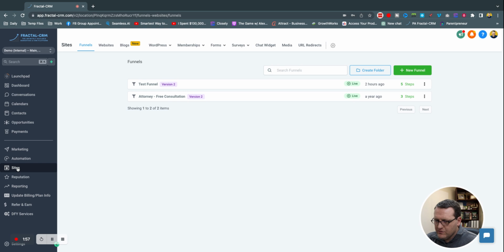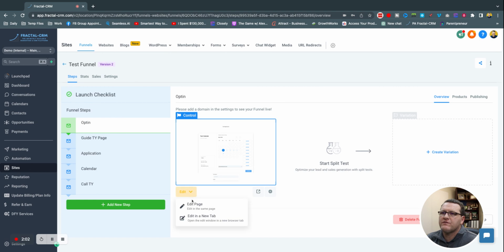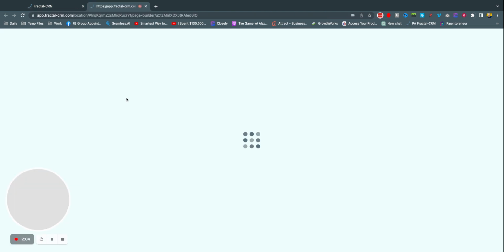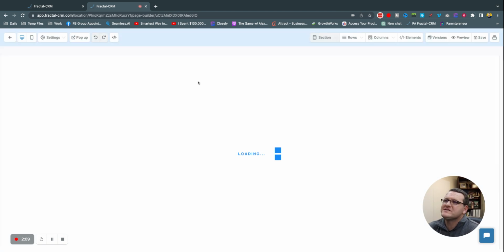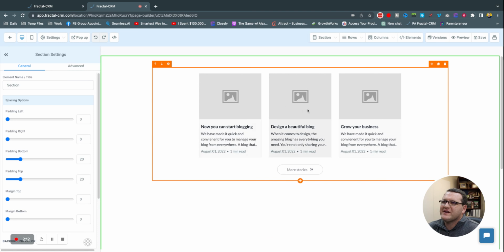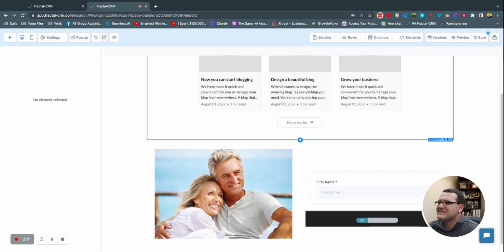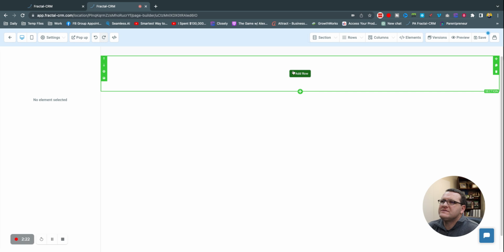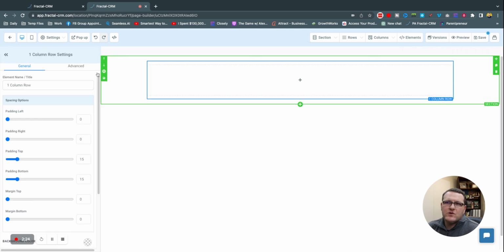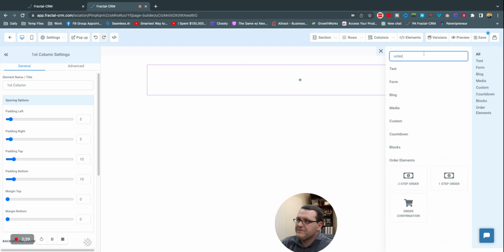But let me kind of walk you through here what this looks like. So if we come to our test funnel, which is probably starting to look a bit like a mess at this point, let me just kind of clean some of this stuff out. Okay. So what we can do is add an element, and we can add a two-step order form or a